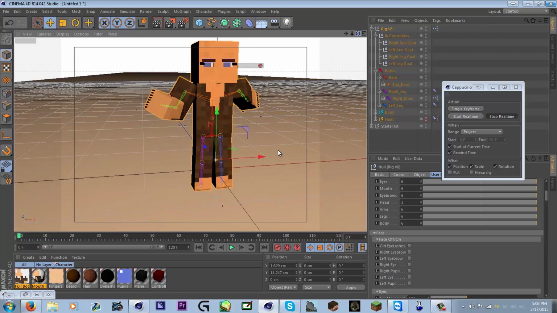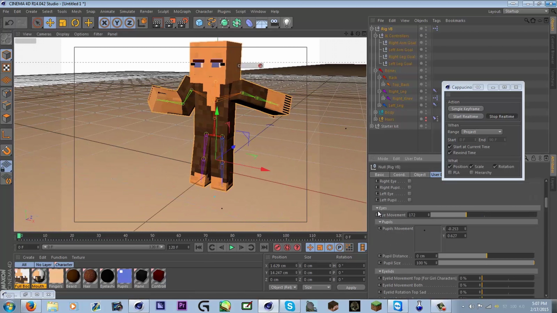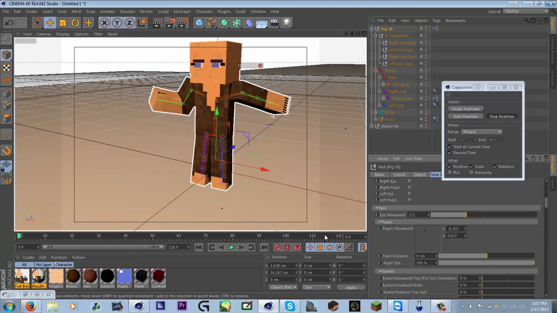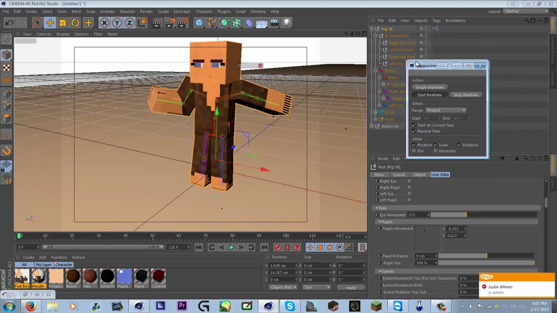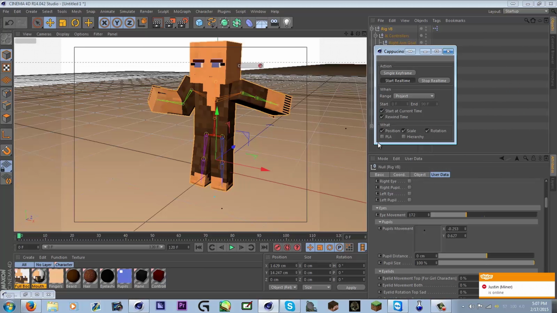Okay, so basically you have a face here, and we're going to try to animate it. I haven't tested this yet, but we're going to try animating it with Cappuccino, and maybe it might work. It's probably going to do the same thing as if you did this and pressed play, except it's not going to skip. If you did it that way and just pressed play, you'd have things skip, and it's not going to look so smooth. If you do it with Cappuccino, you're going to get everything to be the same. So hopefully,